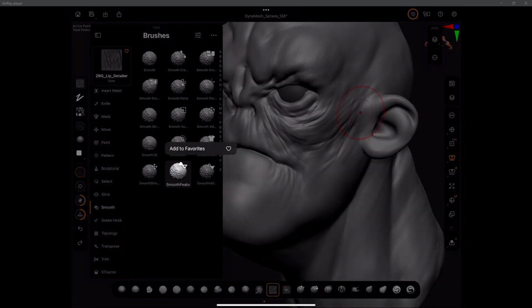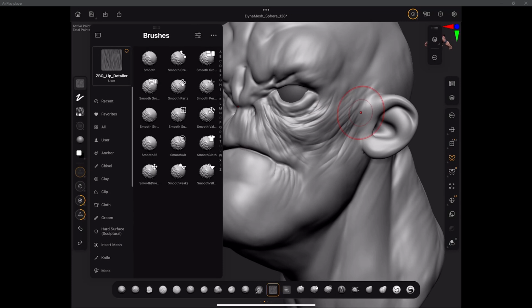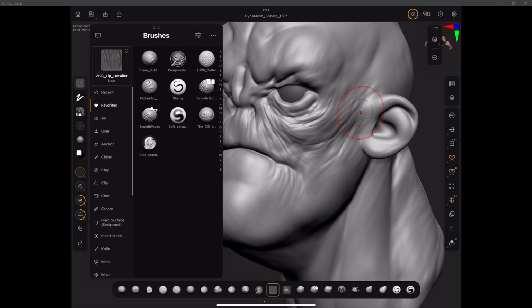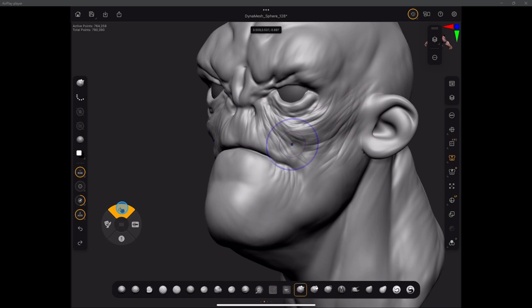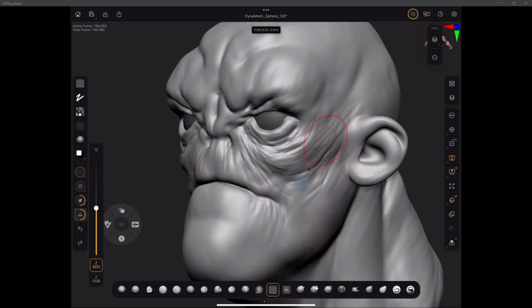And I'm going to add it to favorites so that I always have it here at the top. So I'm going to select that one, and that becomes my active brush. So when I press the Shift key, it is now the smooth peaks. And also I'm going to reduce the intensity a tiny bit. Basically, the idea is that with this brush, you can smooth everything while preserving some of those crevices and details